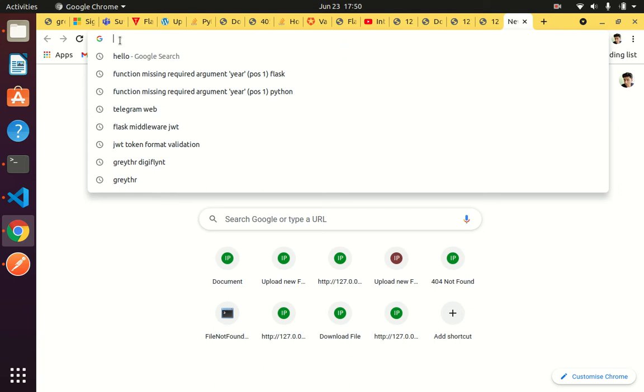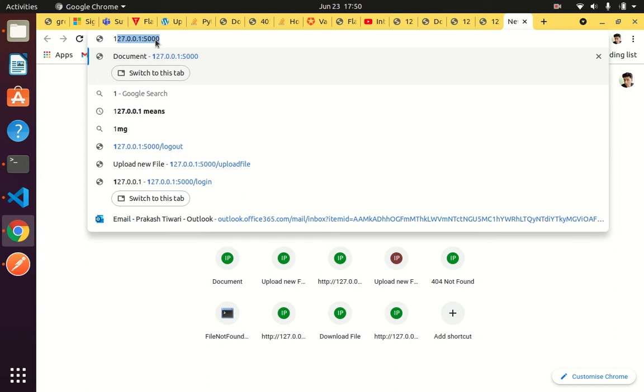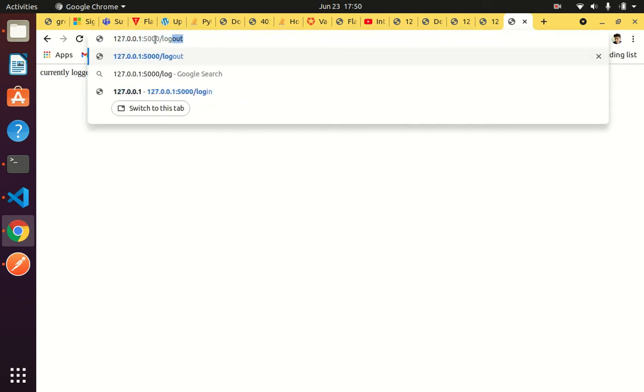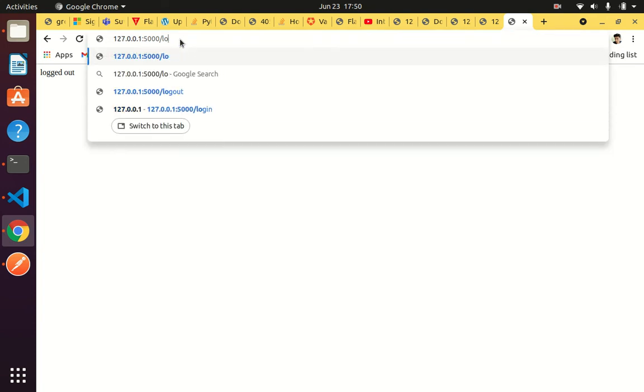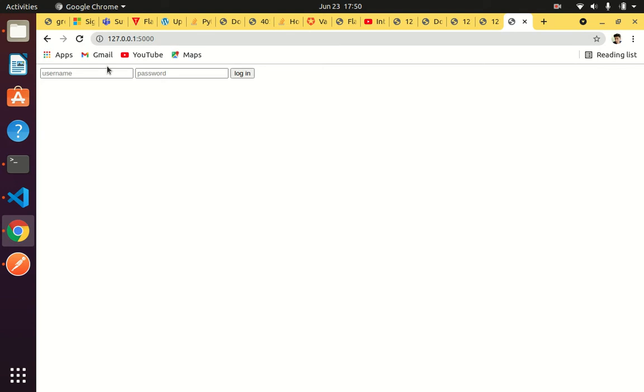Let's say I log out and I give bad credentials. Let's see what happens. I shouldn't be able to get a token. I give some bad credential which is not registered, and okay, see, unable to verify.